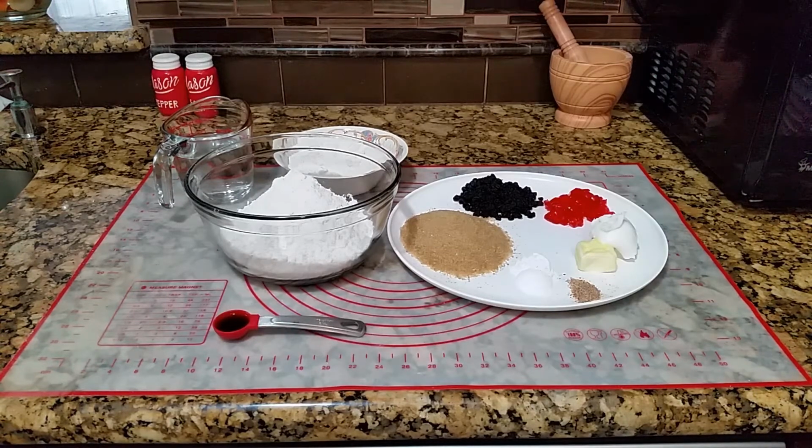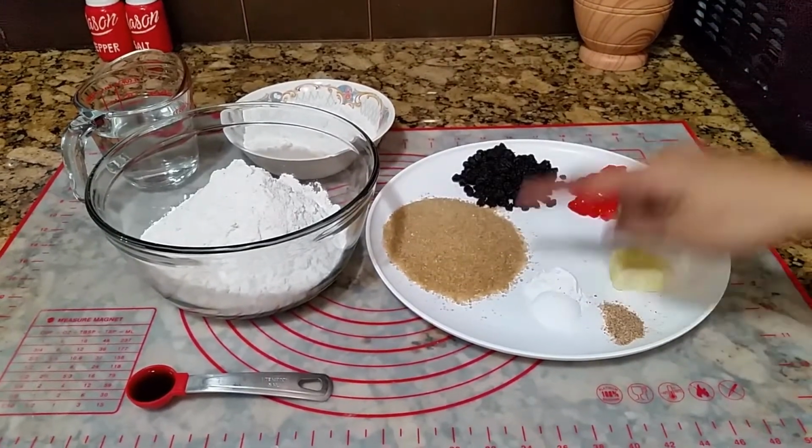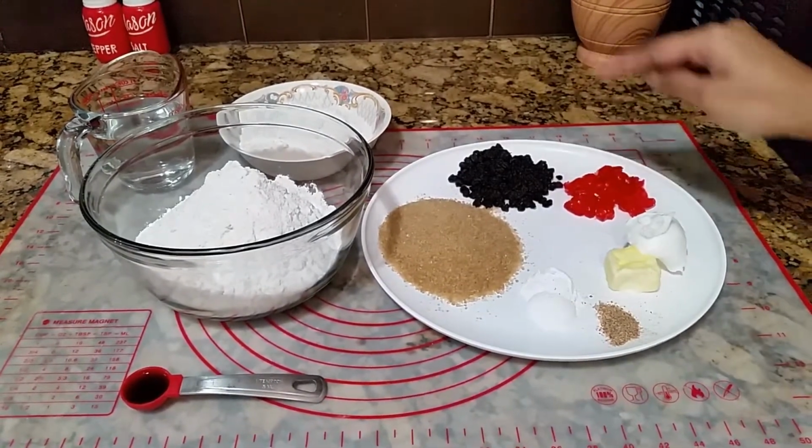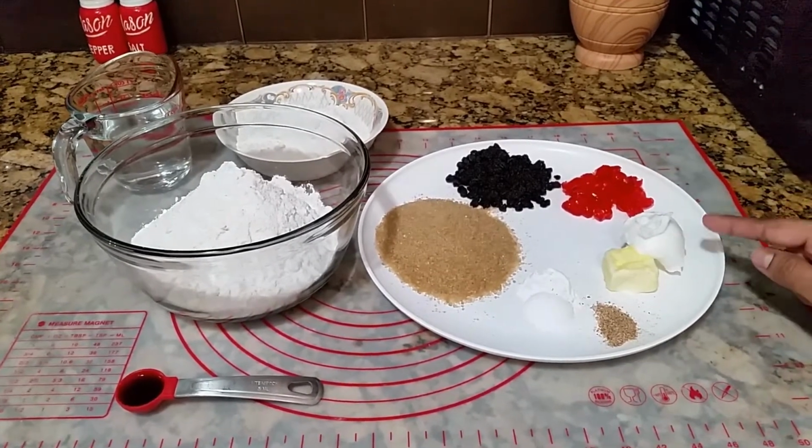And today I'm taking you back into my childhood with a childhood favorite recipe. This is sweet bake. For this recipe, you will need all-purpose flour, sugar, raisins, cherries, this is optional, butter, and